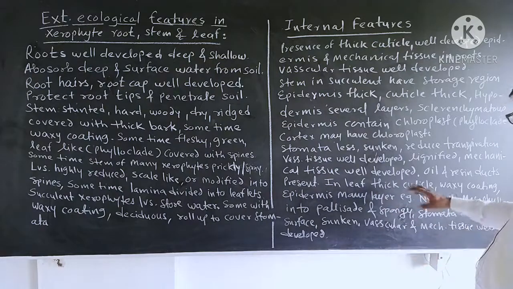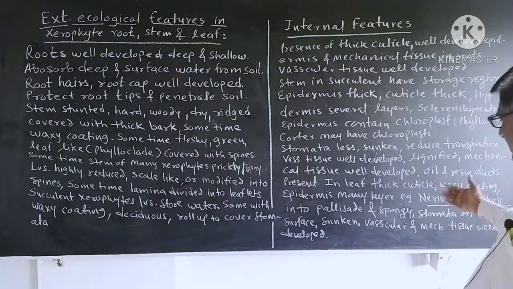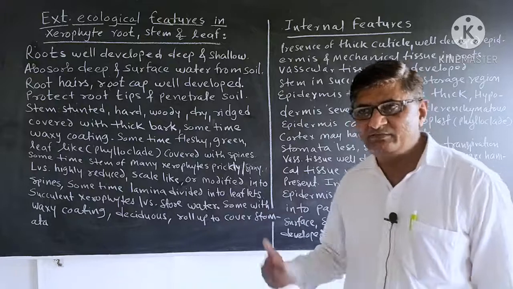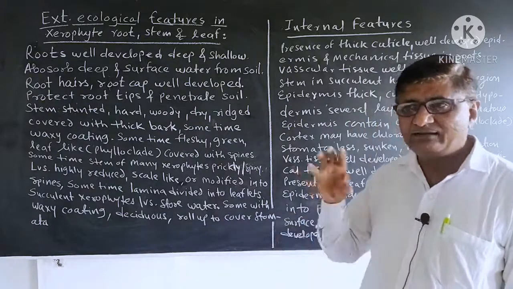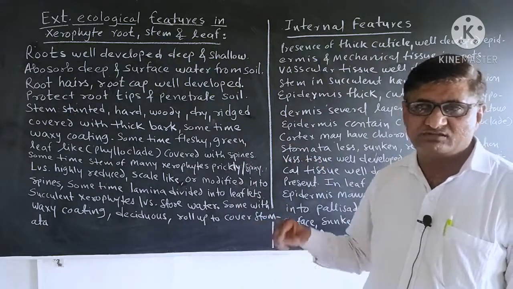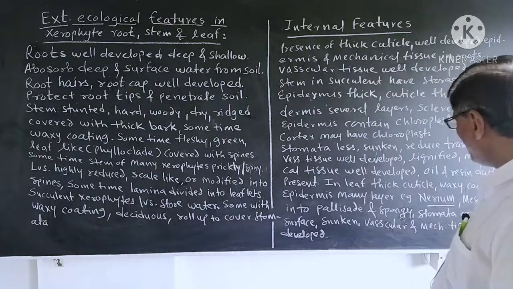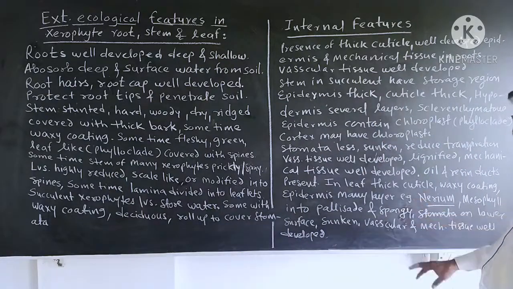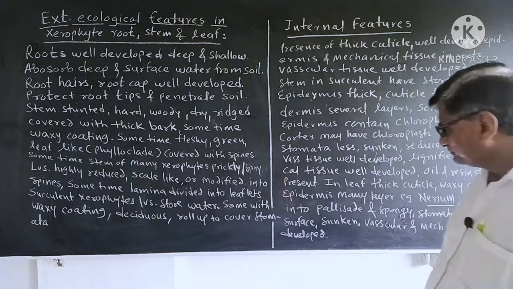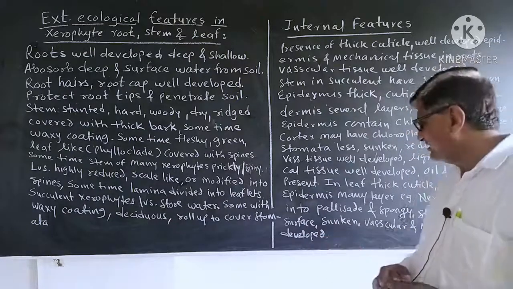In the leaf, a thick cuticle with a waxy coating is present to check the rate of transpiration. In some xerophytic plants, the epidermis is multi-layered. Again, the reason behind the development of a multi-layered epidermis is to check the rate of transpiration and avoid loss of water. For example, in Nerium leaves, you will see the multi-layered epidermis. The mesophyll tissue in xerophytic plant leaves is well differentiated into palisade and